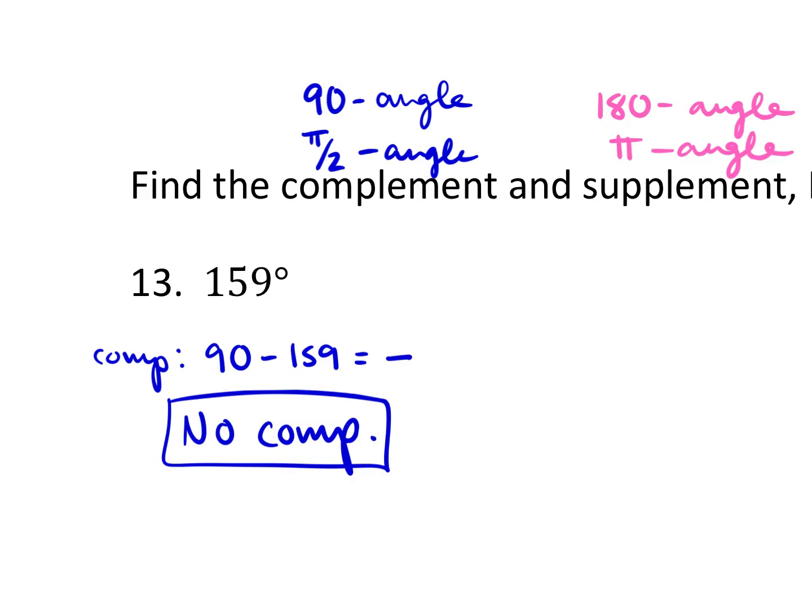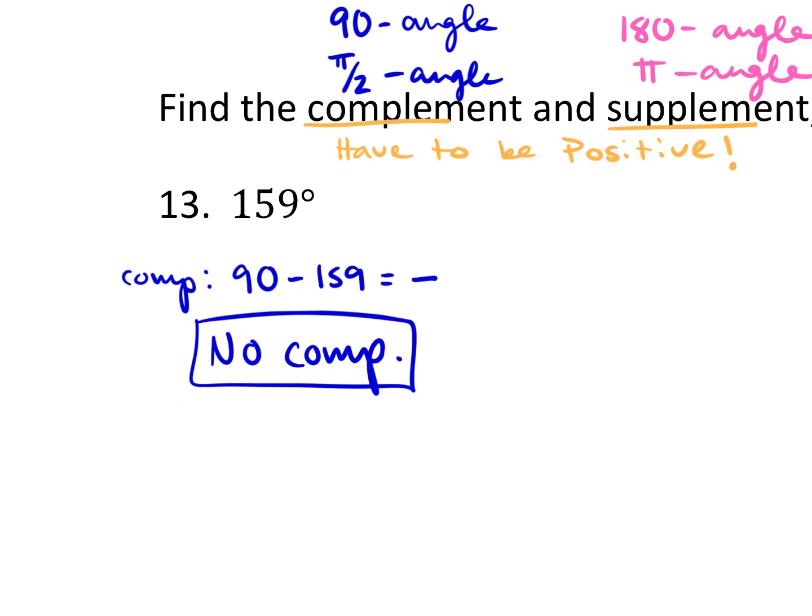There is none. So complement and supplement have to be positive. So it has to be 2 positive angles that add up to 90, or 2 positive angles that add up